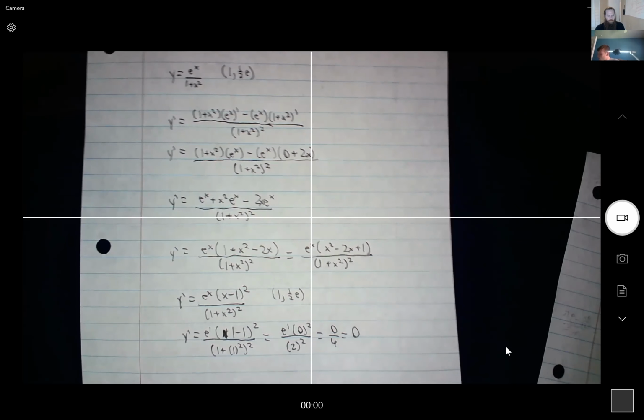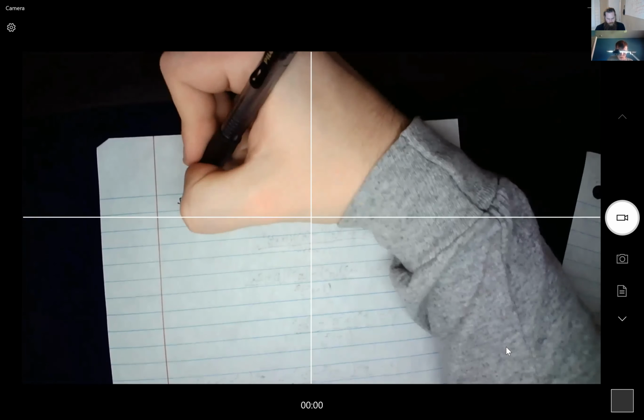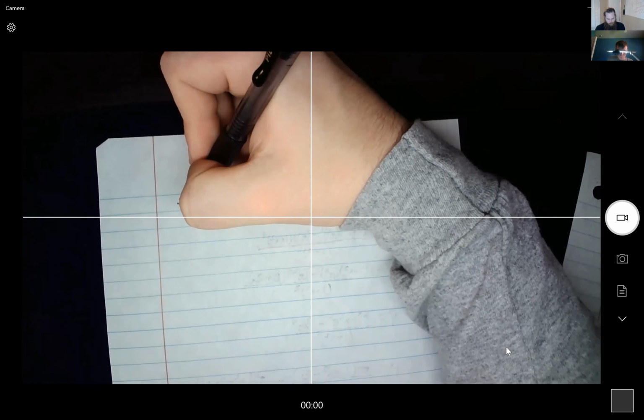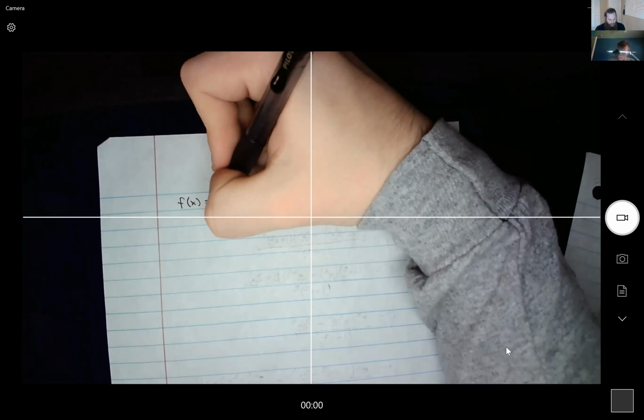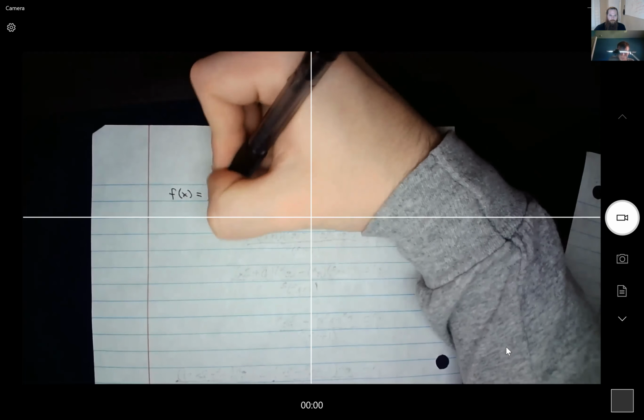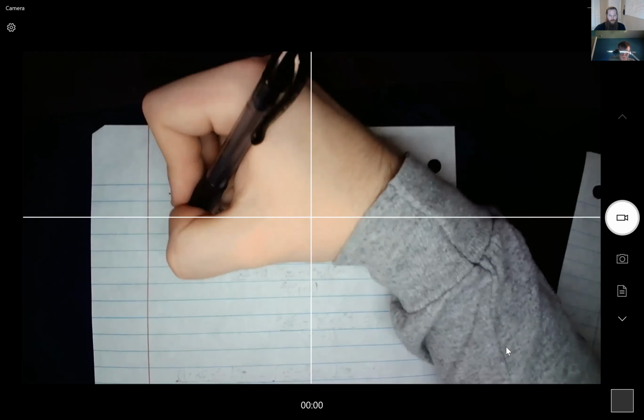I'm just going to do another example. Let's say, this one's going to be a little tougher because it's going to have more parts to it. f of x equals x squared plus x minus 2 over x to the third plus 6. So f prime of x is going to be